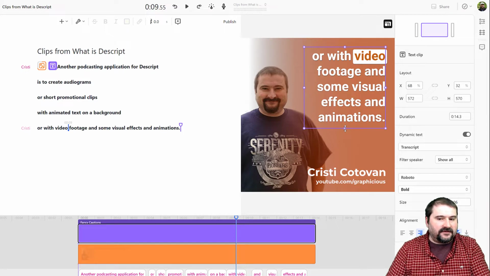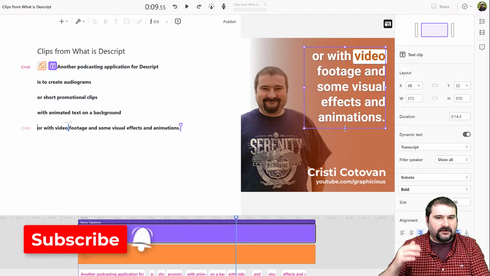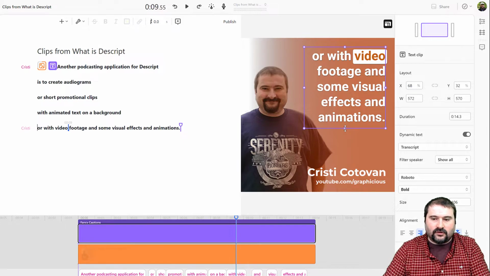So sometimes you may think you don't have a lot of control over the division of the words that appear on the screen. Well, yes, you do. You just make them a new line, and then also punctuation like full stop. It gives Descript an opportunity to break that text right there and put it on a new slide or on a new screen as the words are being spoken. So this is what I like about this.